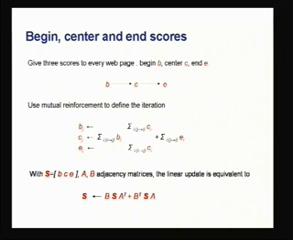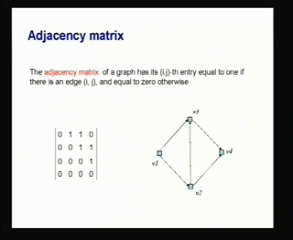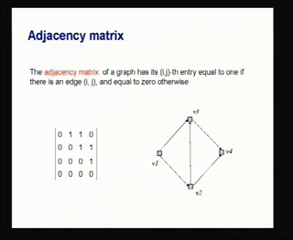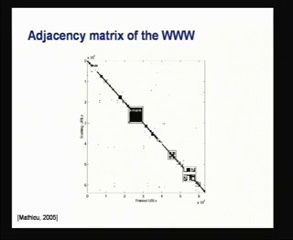Okay. Now, the fact that we're using the adjacency matrix, let me just give a quick reminder that the adjacency matrix of a graph is a matrix that has its rows and columns corresponding to nodes and has 0s and 1s depending on whether there is an edge between the corresponding nodes. Okay, so this is just a small